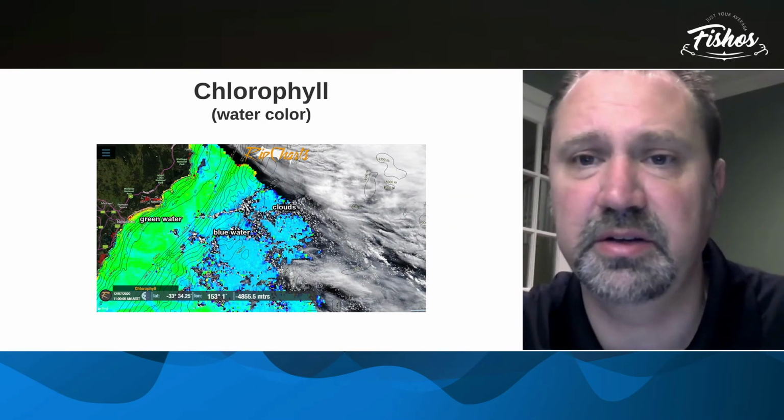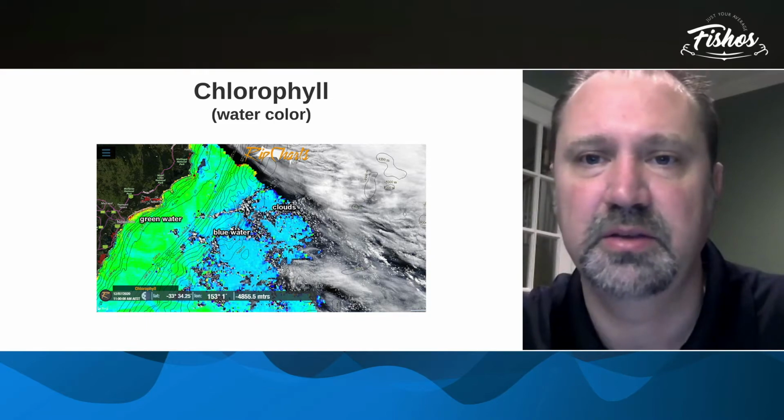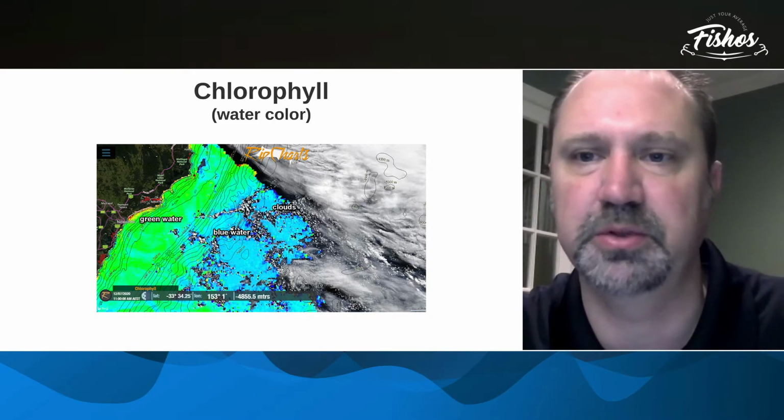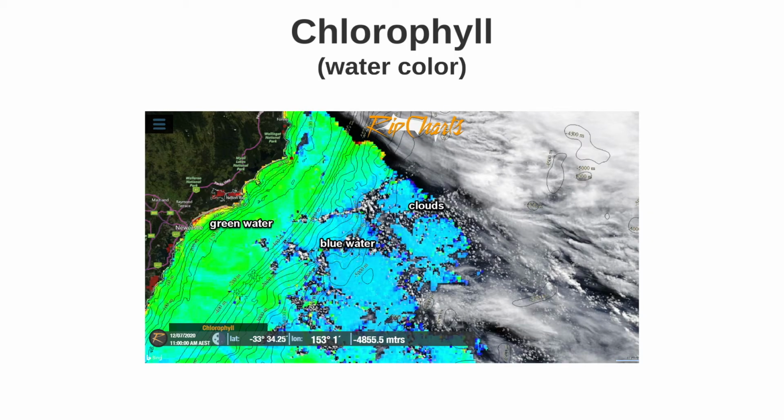And I'll say here in the Gulf of Mexico, for us, we look at water color before we look at sea temperature. I mean, we want to fish blue water. Now, you don't always maybe have blue water available, or some fish you can catch in green water. And obviously, at the moment, New South Wales has got a lot of green water, and obviously we're catching tuna